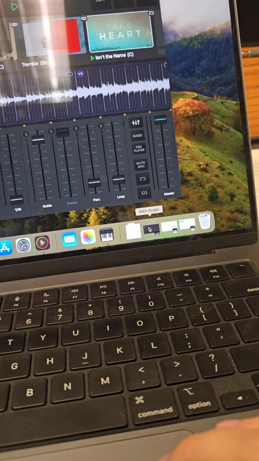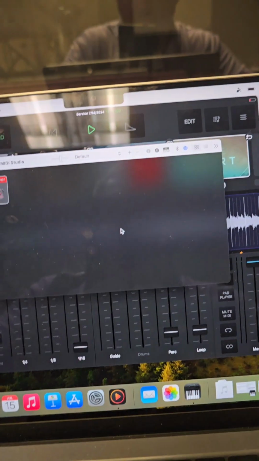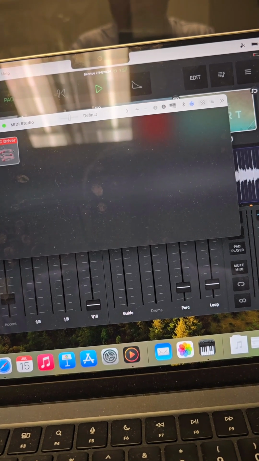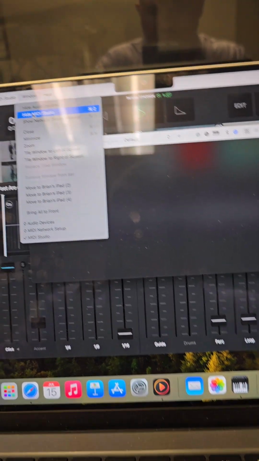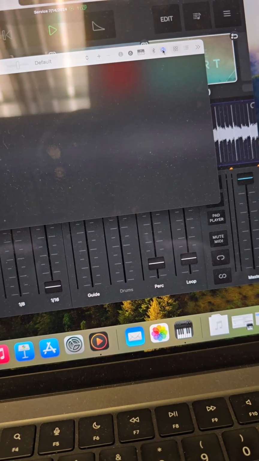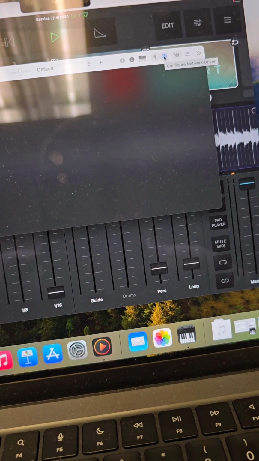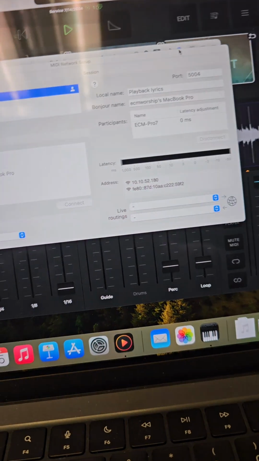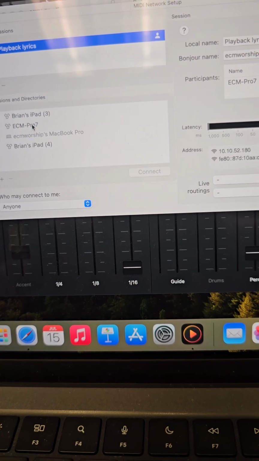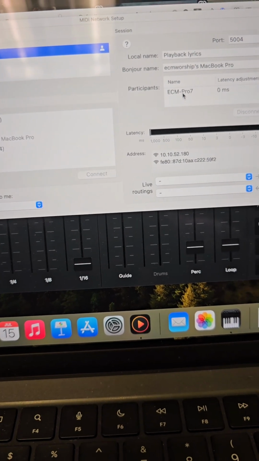There's also what's called a Midi Studio, and when you pull the Midi Studio up, if you ever can't find it, you can always go up here to the audio Midi setup and you can actually pull the Midi Studio from right here. Once you have it up, there's what looks like a network. You can open it up. When you do, you'll see all the devices that are currently on the same network, and you'll see which one's